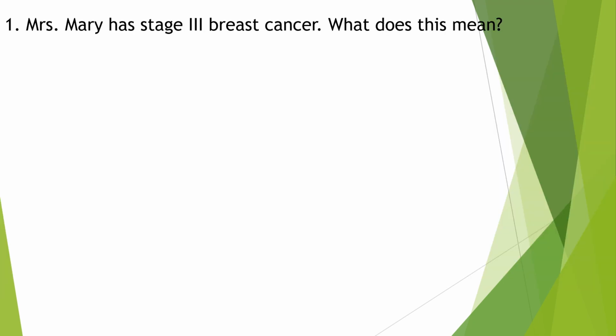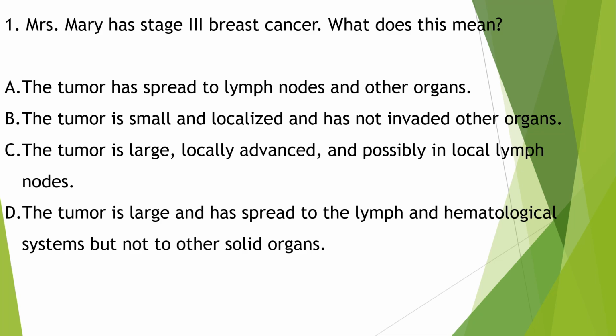This is a case scenario. Mrs. Mary has stage 3 breast cancer. What does this mean? So the tumor has spread to lymph nodes and other organs. The tumor is small and localized and has not invaded other organs. The tumor is large, locally advanced and possibly in local lymph nodes. The tumor is large and has spread to the lymph and hematological system but not to other solid organs. So here the answer is the tumor is large, locally advanced and possibly in local lymph nodes, that is stage